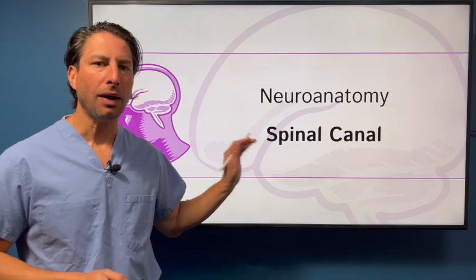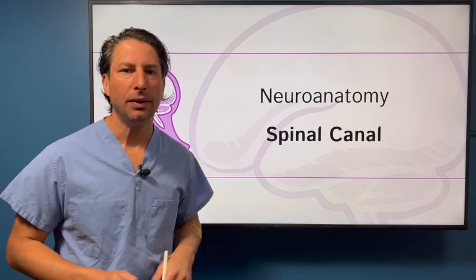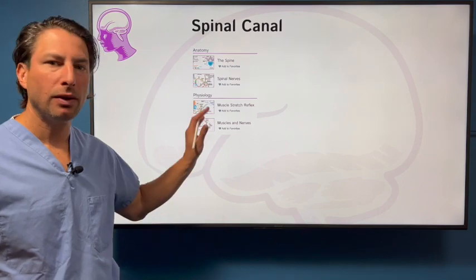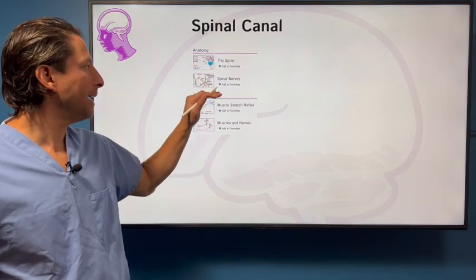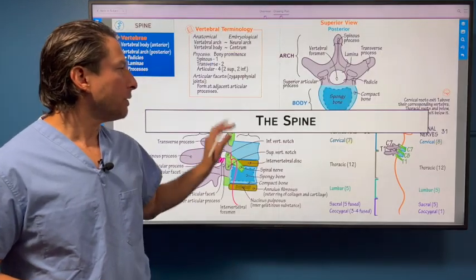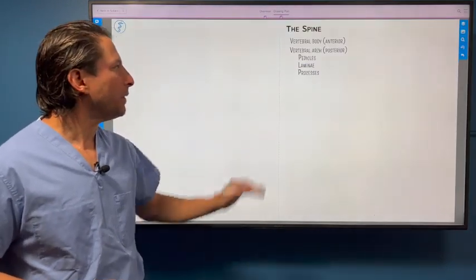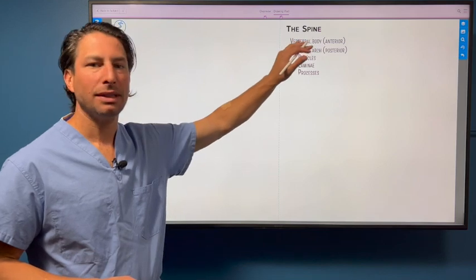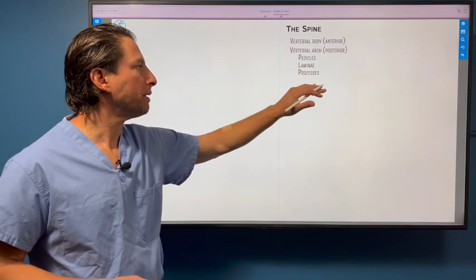So here we'll go through a primer on spinal canal and neuroanatomy. This will be a pretty quick session. We're going to go through the spine, spinal nerves, and then the muscle stretch reflex. So the spine itself, the anatomy, there is a vertebral body which is anterior, arch which is posterior, and the